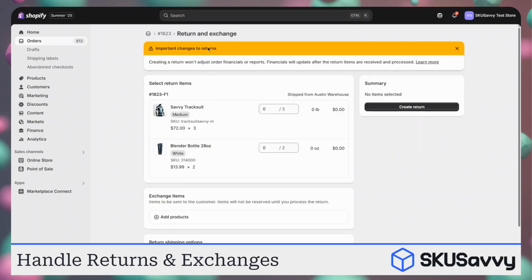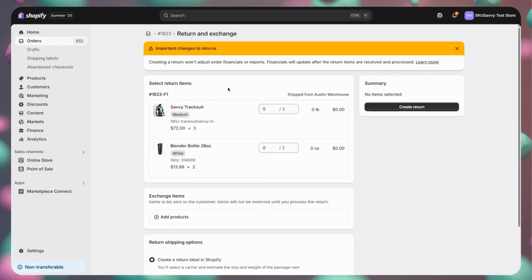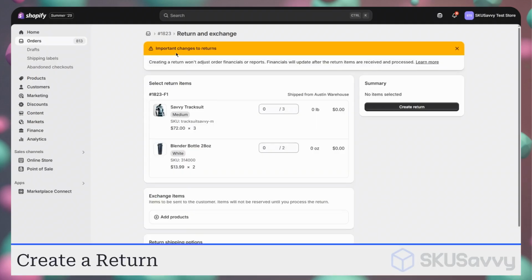Today, we're going through returns and exchanges and how to handle those within SKUSavvy and Shopify. If you're not familiar, SKUSavvy is a full warehouse management system built for Shopify to help you organize the warehouse and fulfill orders faster. Getting right into the returns process here,